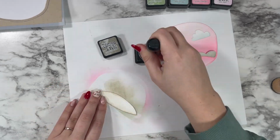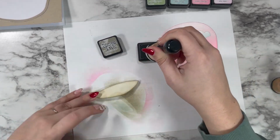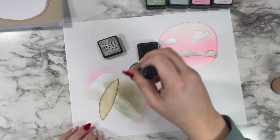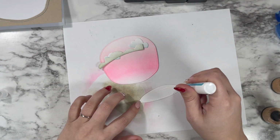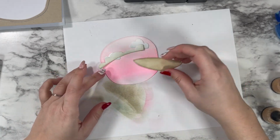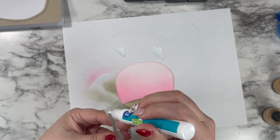It's not quite Easter-y, but it's definitely not super loud, not warm and summery. It definitely has really nice, soft, kind of springy vibes. So I just went through and made sure I had a good layer of the frayed burlap. You can see it wasn't the smoothest blend ever, but that is really okay because one, it's dirt, and two, our doggies are going to be adhered over the top of most of this, so it's going to be pretty